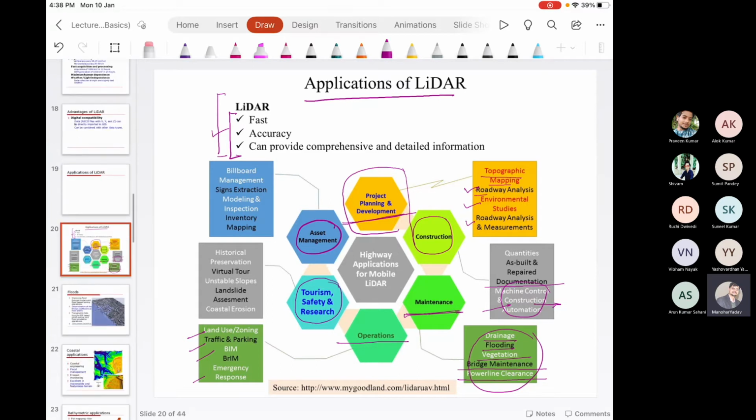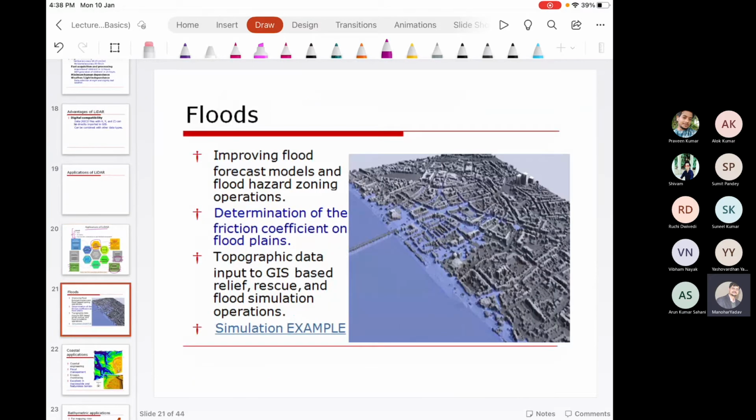If we talk about floods, then the digital elevation model is one of the important pieces of information that we need in case of flooding. Because using a DEM, you can have information about low-lying areas. And we can generate a very accurate DEM using LiDAR. So for flood related applications, improving the flood forecast models and flood hazard zoning operations,